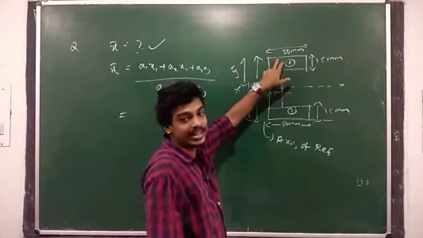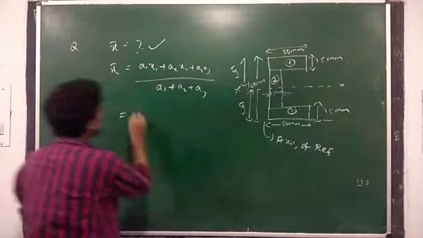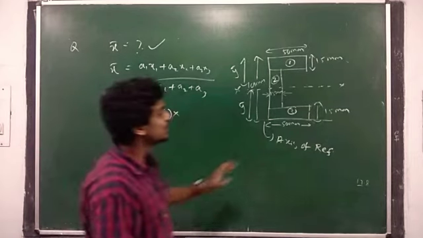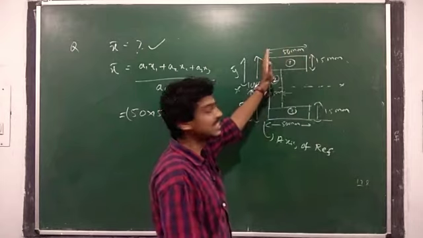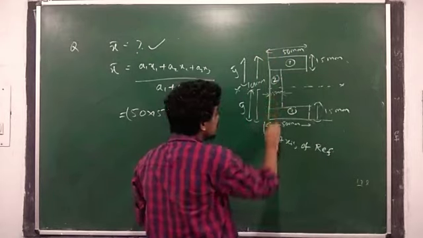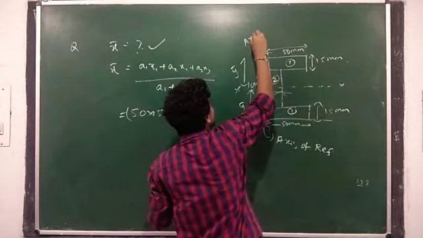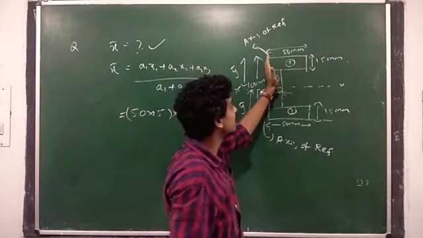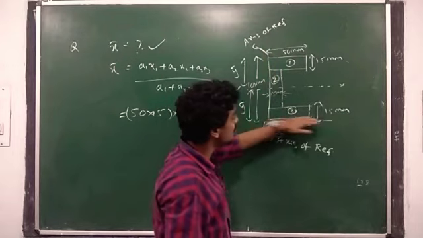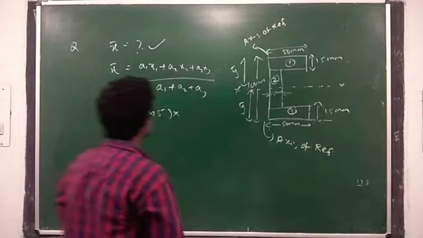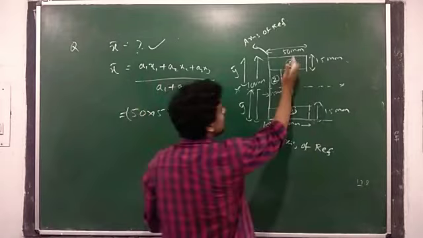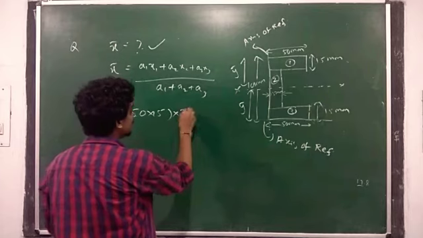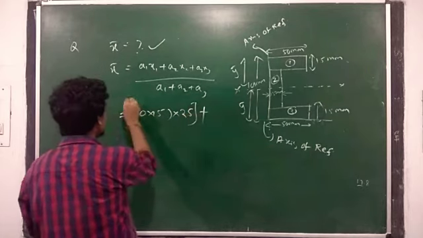Suppose a1, the area of the rectangle, is 15 into 50, into x1. x1 means the distance from the center of gravity to the axis of reference. So this is the last line, this is the axis of reference. Always the last line will be our axis of reference, along the vertical direction this one, along the horizontal direction this one. So this is a1, and x1 will be half of this. The total is 50, so half will be 25. This is one term.